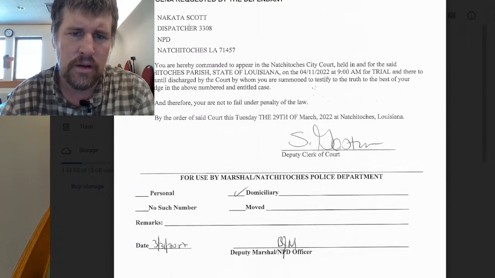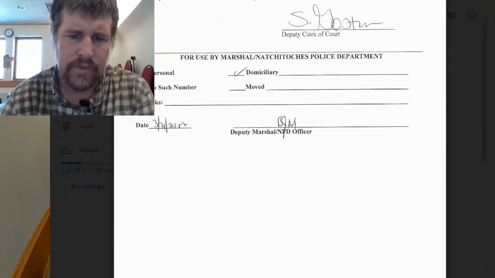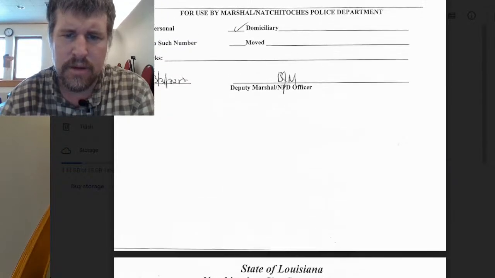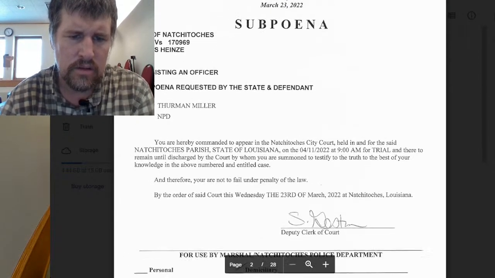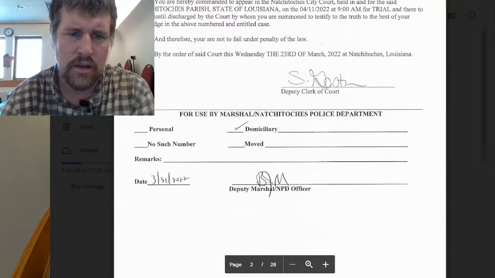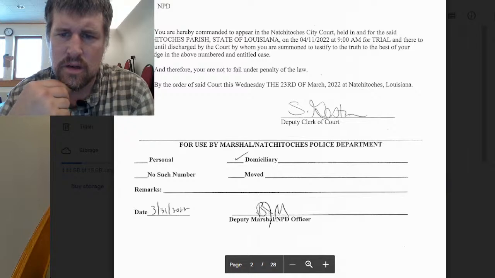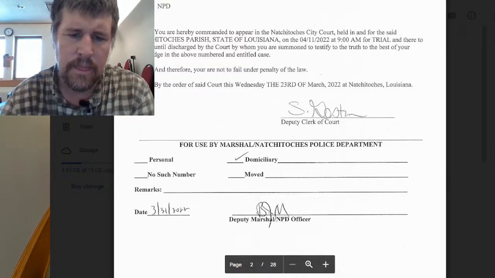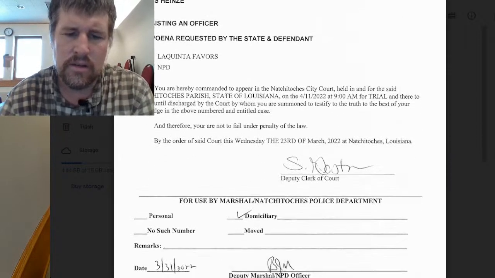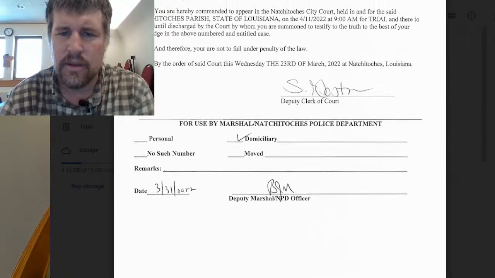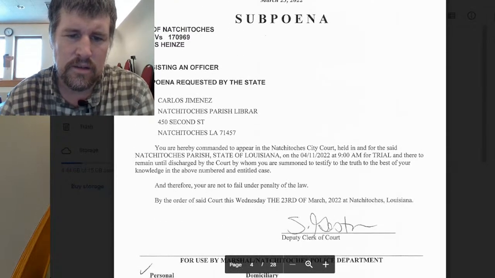Resisting subpoena requested by me to Nakata Scott. And then, I don't know, who's body movements. Resisting subpoena to Thurman Miller. You are commanded to appear, held in Natchitoches. You are commanded to appear. So I didn't just request. They had to seriously come in to all testify to help me get thrown in jail for 30 days. Carlos Jimenez,